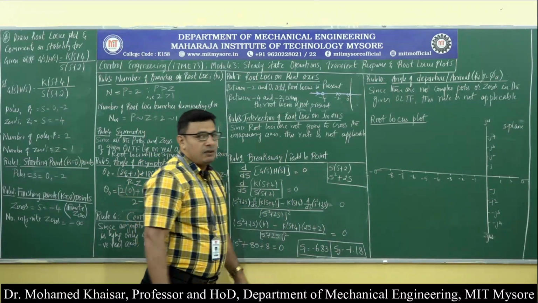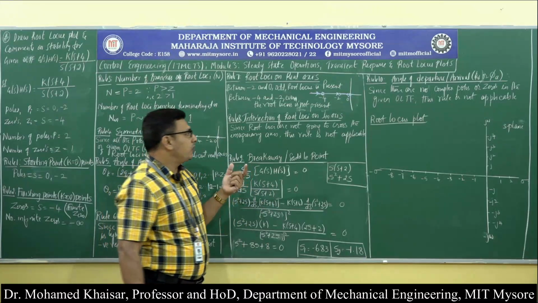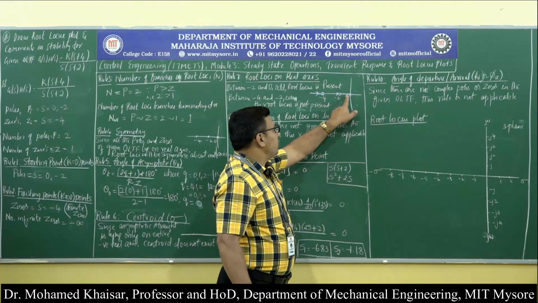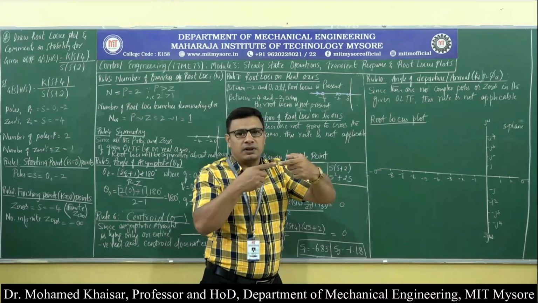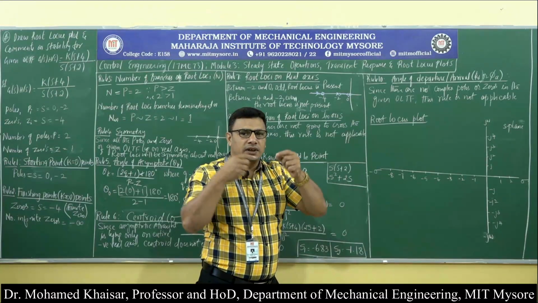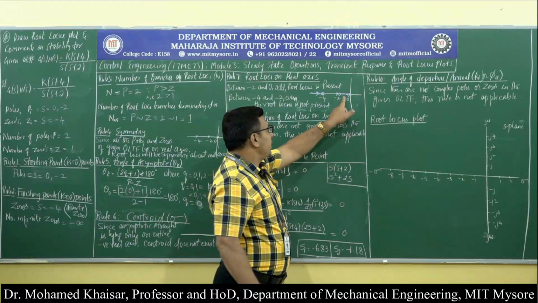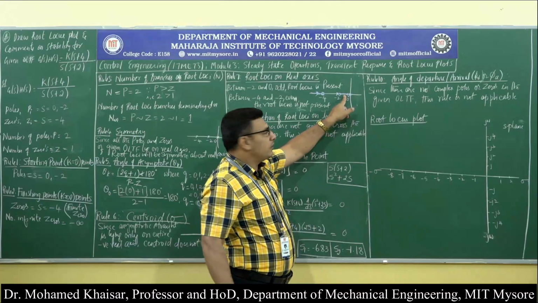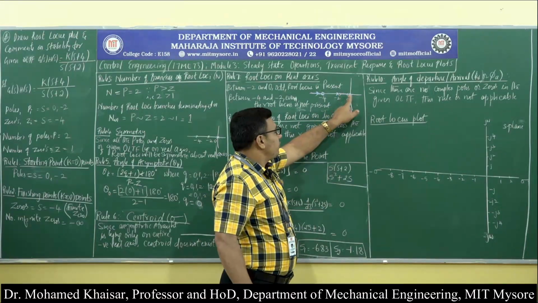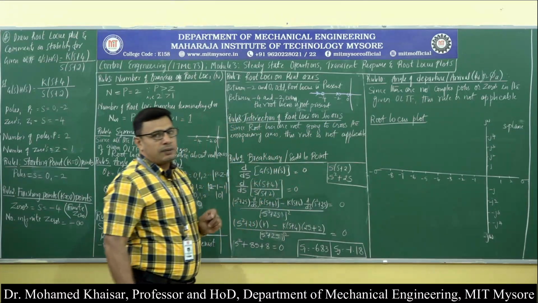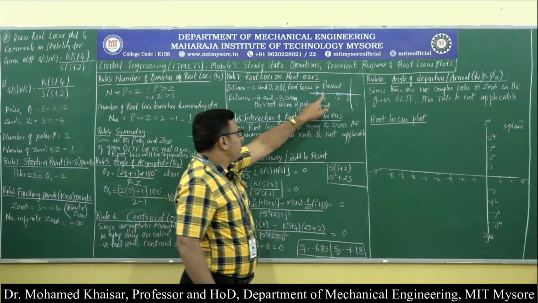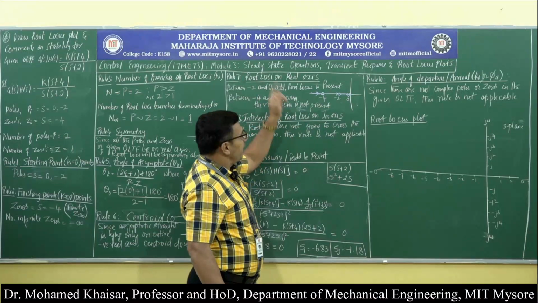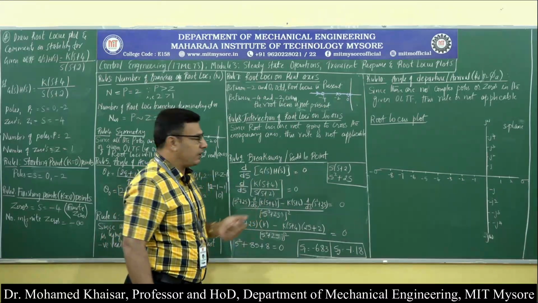And as we can see, where is the chance of a breakaway point to exist? It is between minus 2 and 0 because these are heading towards one another. So there is only one chance that they will collide and break away. So the breakaway point is possible to exist between minus 2 and 0. And where is the saddle point possibility to exist? It is possible to exist beyond minus 4, that is minus 5 or minus 6 or whatever.